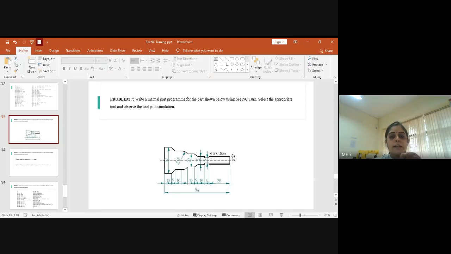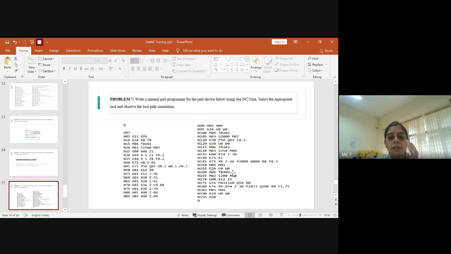You will assign X is equal to 12 so that it aligns with the same value. Only thing, it will be away because you are giving Z is equal to plus 5 towards your right, which is a positive value, right? So you will initially keep the tool near to the workpiece.